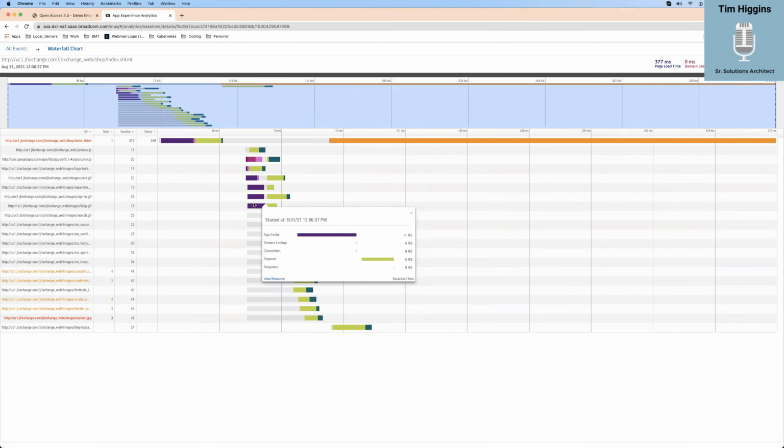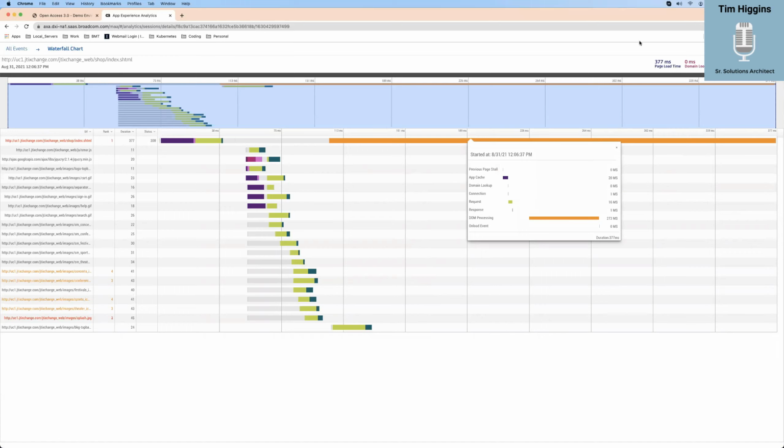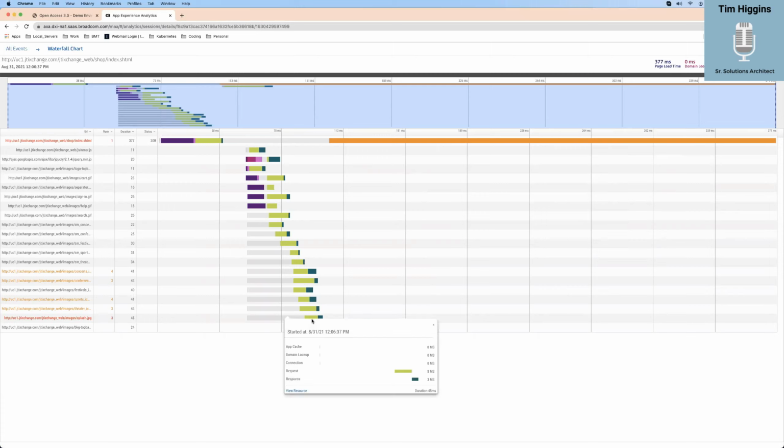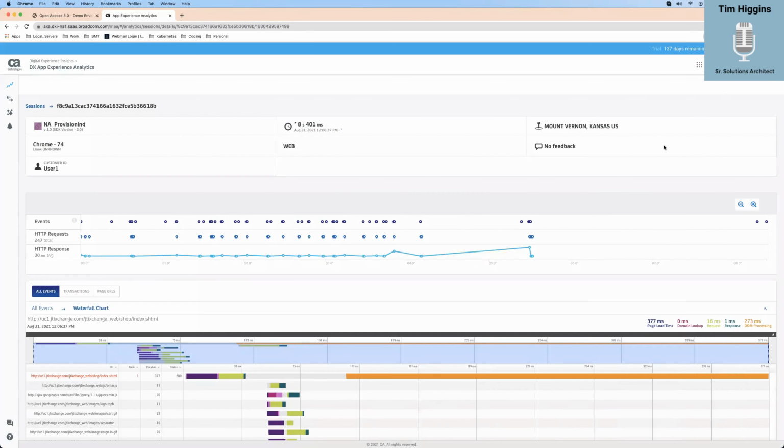Now I can also see, for an example, if you don't know what the colors are, I can roll my mouse over, but I can also look up here as well. Okay. But this gives me a lot of good information. I can see right here that this JPEG, it's red. It probably took a while to load. Maybe it was a big JPEG compared to everything else. So let's minimize that. Let's go back.